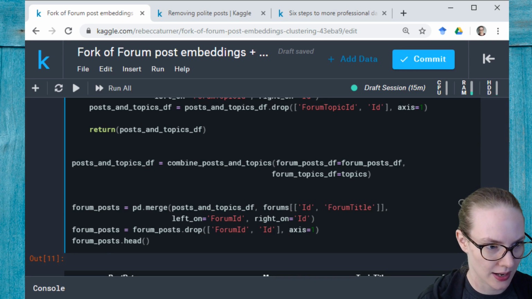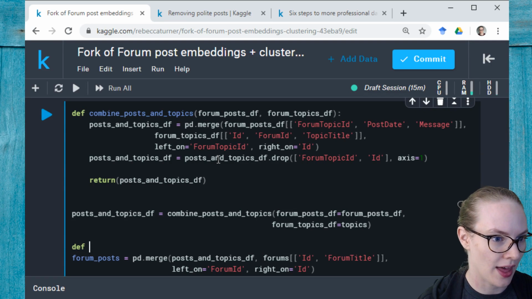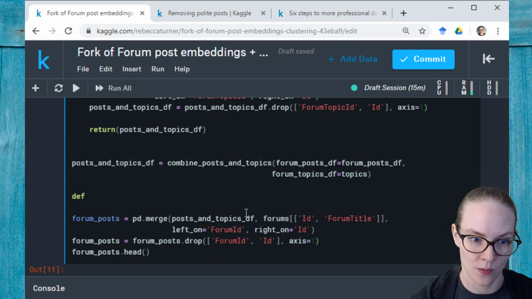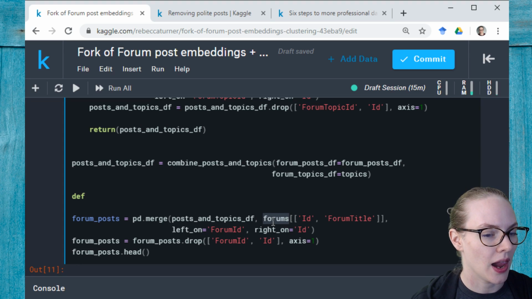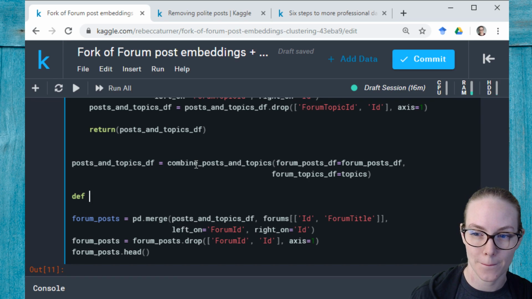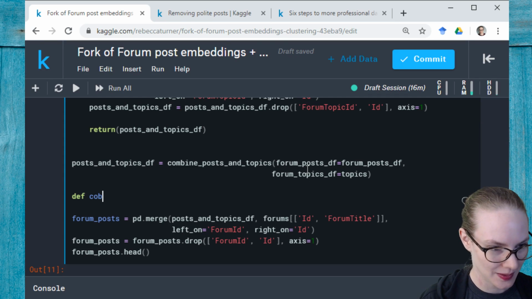create another function, and let's call that, what are we doing? We're taking in the posts and the topics, and then we're combining it with the information from the forum posts. So what's a good name for this? Combining